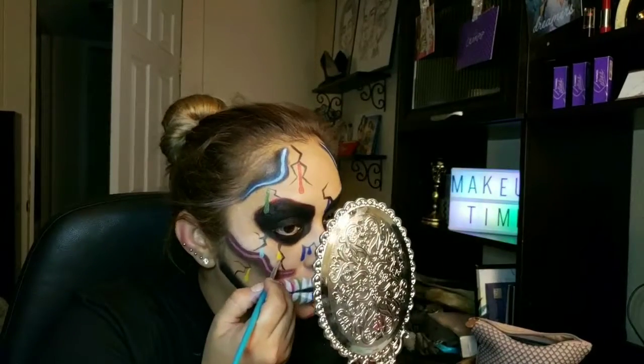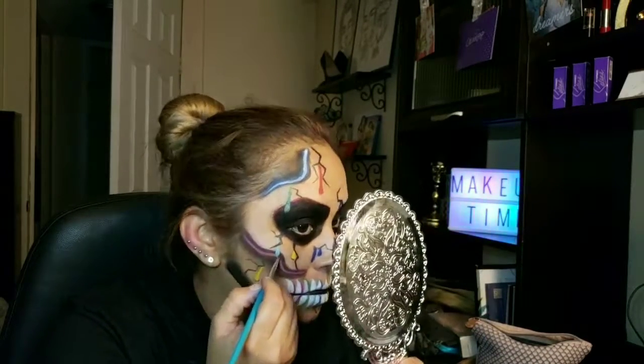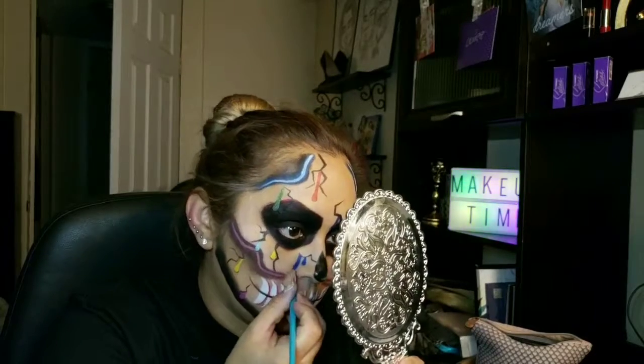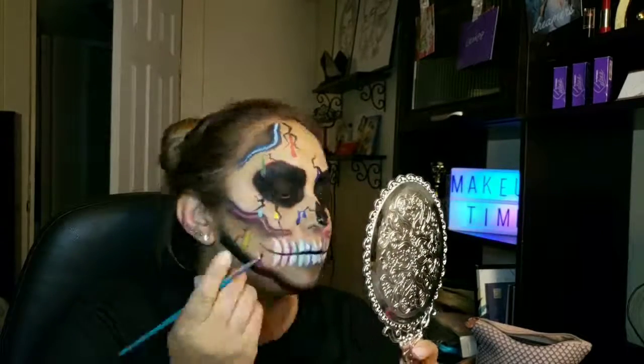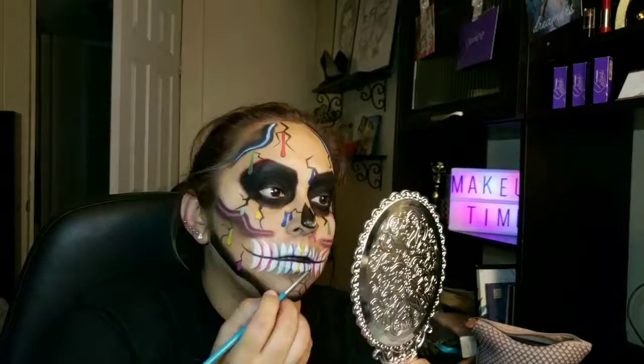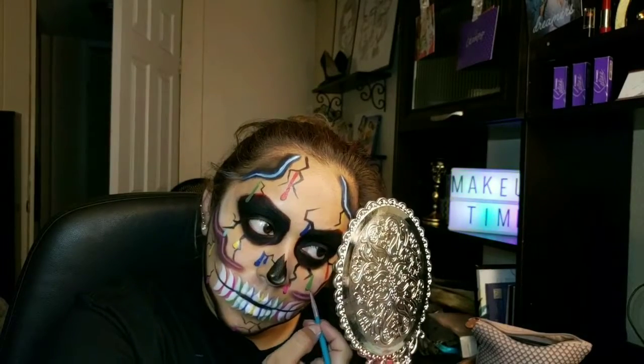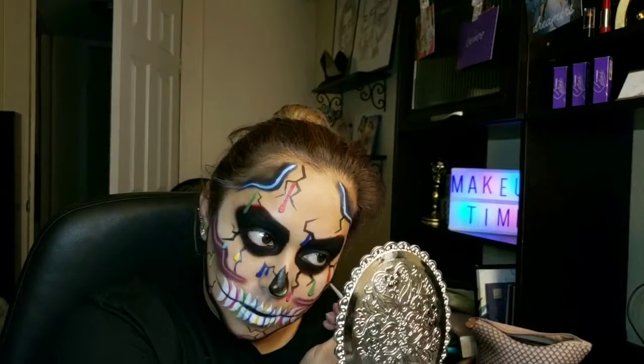And now here is the little detail that I told you about. I'm going into each teardrop and just adding black underneath it. This is going to give it the illusion that it's dripping, that it's very much alive. The teardrop is alive, it's dripping, it's beautiful, it's color, and yeah, it gives it just...